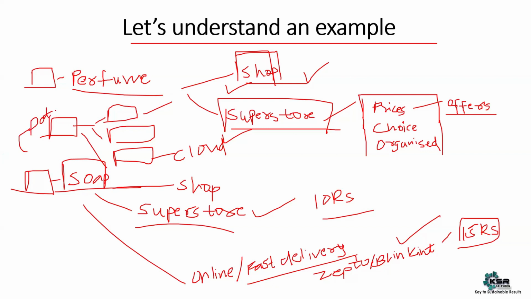Data is also somewhere like that. One is organized data, one is unorganized data, and one is data which is organized or unorganized, irrespective of whatever format it is. But if you're trying to connect to it from any part of the world, it is called cloud. If you have a cloud, you can connect to your data from any part of the world. So the current market is more about cloud, more about organization of data.